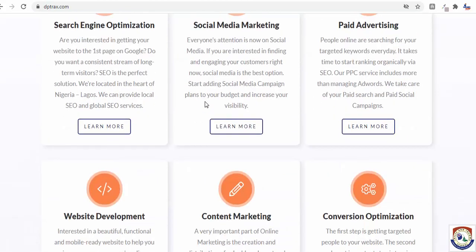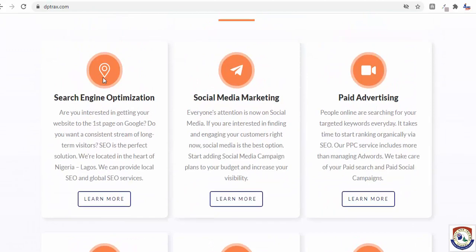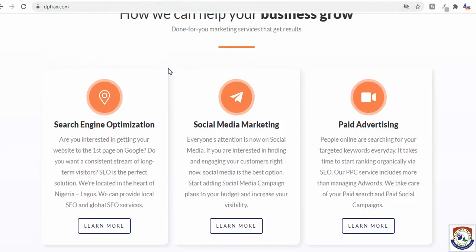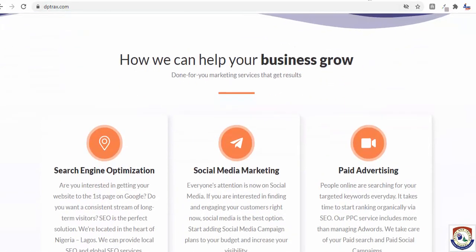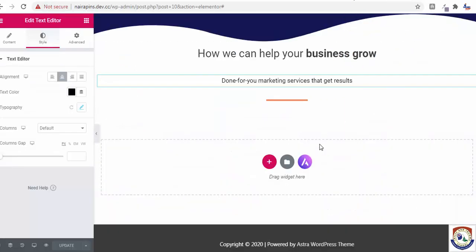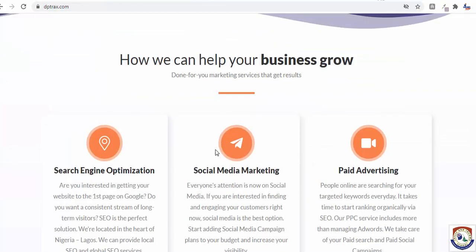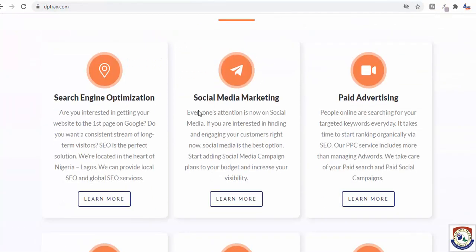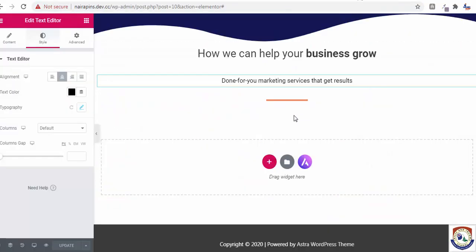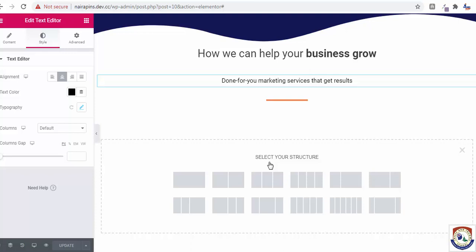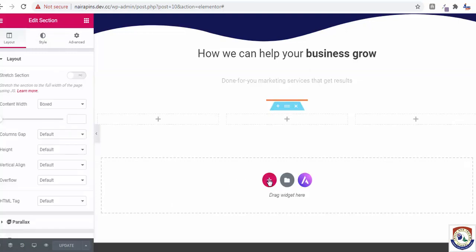Now the most challenging part is this icon. I might not get this icon because of the image, but I'm going to do one thing that I'm going to teach you. It's just temporary. But first things first, let's go to this side. We need 3 columns. So we go to our website, our WordPress. You click on this plus icon, we choose 3 columns here.